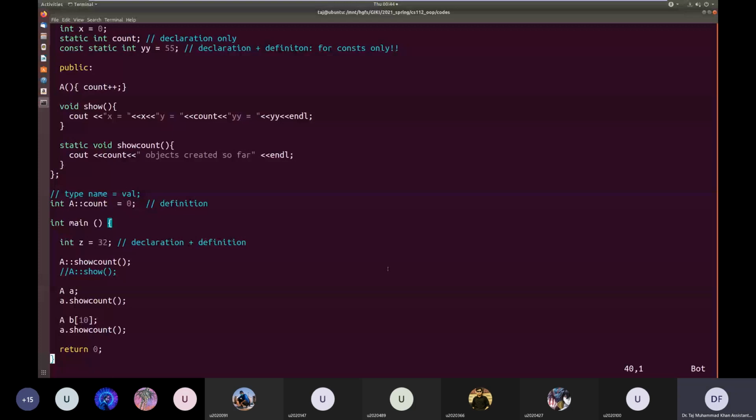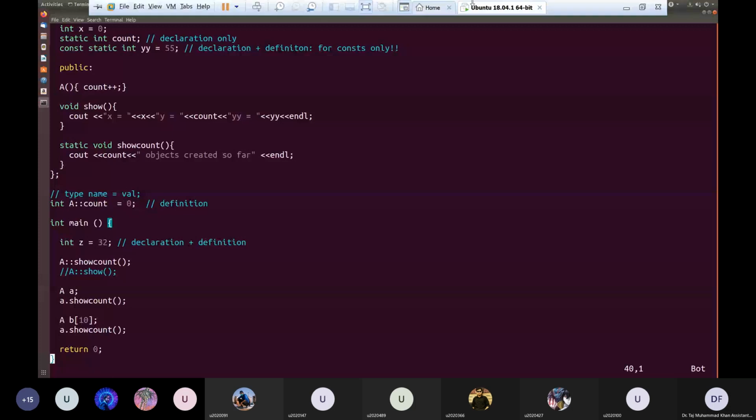Why do you think we have this restriction? The statement was that normal member functions, non-static member functions, can access normal member variables, which means non-static member variables, as well as static member variables.